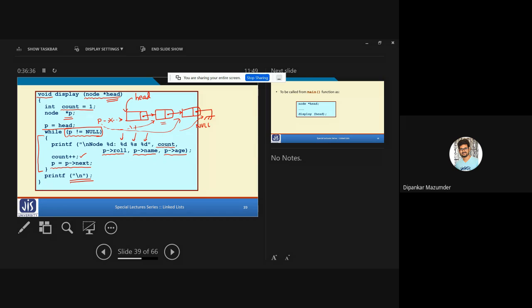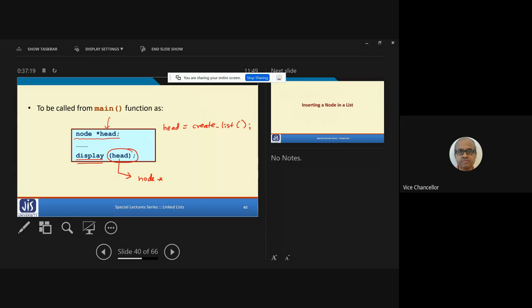Sir, in this function, if we use in the argument list node double star head, and if we increment that head instead of taking an extra variable p, what happens if we take double star? Okay, just wait a little bit for your answer. I have your answer just in the next few slides. Yes, sir. Okay. So when do we need to use double star? First thing you need to understand is when we use single star, when we use double star. Yes, let us come to that. Actually, you asked a very important, relevant question.